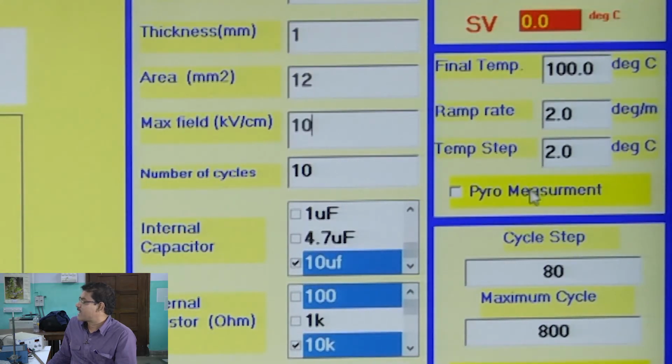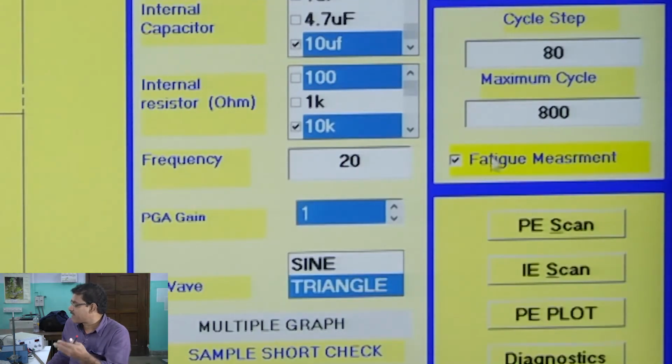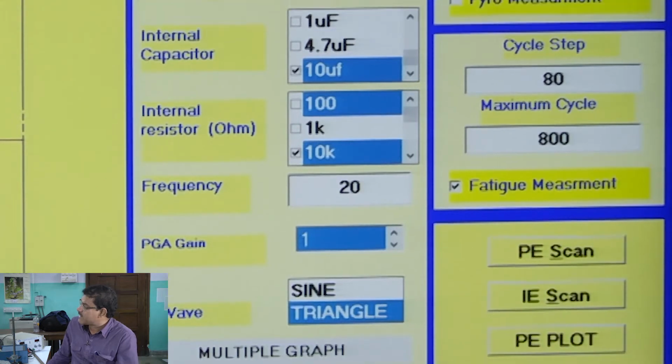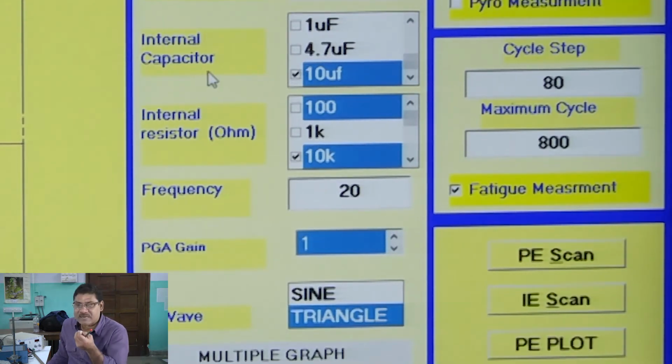This is the pyro measurement, which means varying the temperature, and this is the fatigue measurement, where it is not temperature variation; we are varying the electric field and measuring. So, in the computer we basically have to give information, and here internal capacitor,